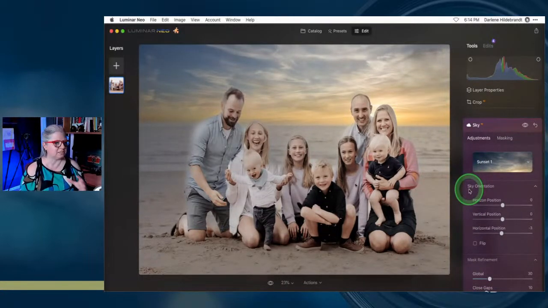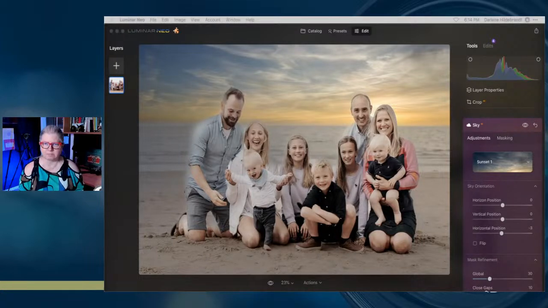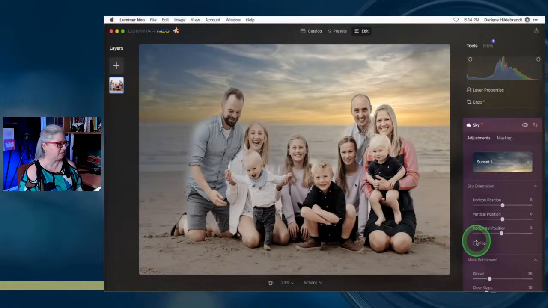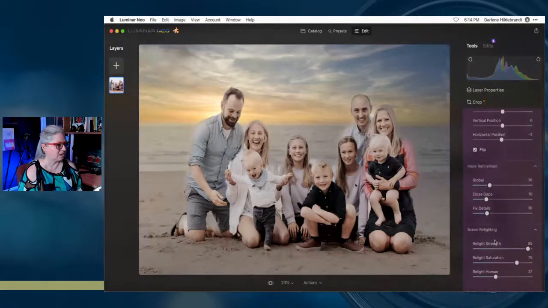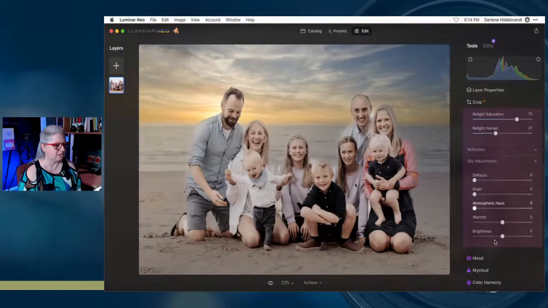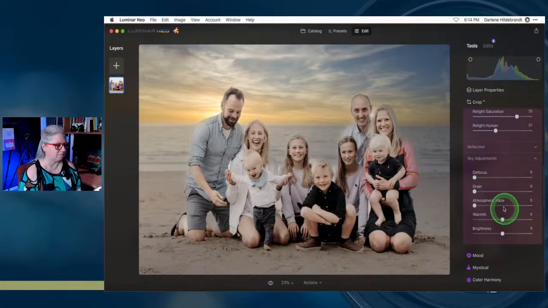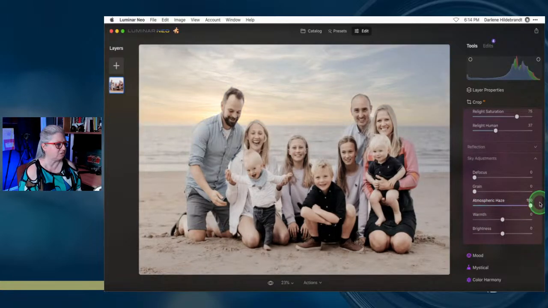Now, this is a big deal. You want to make sure that your sky lighting matches the picture. Now, if you look, there's not a lot of shadows in here, but it's ever so slightly more shadow on this side. So I need to flip this one. So it's over here. And the sky is too dark. So I'm going to use the sky adjustments at the bottom here. Atmospheric haze, this one, does a really nice job to sort of fade the sky out,